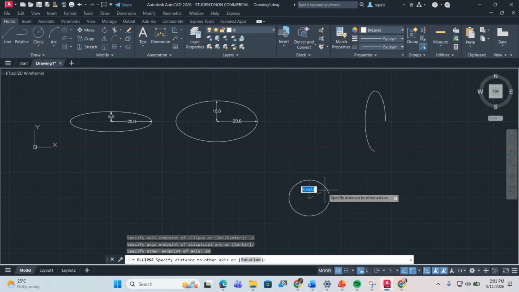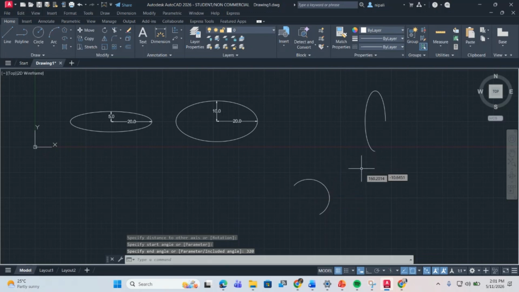After that, specify the starting point. You can specify at this point, and then specify the ending point, this point, and there you have your ellipse. Or I can put that angle as 320, press enter, and there you have